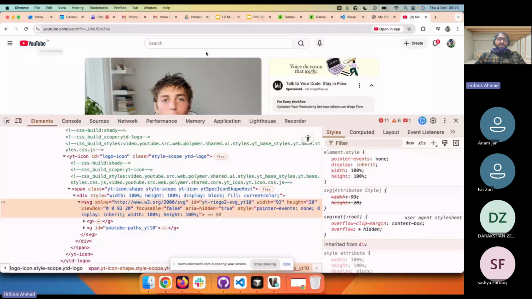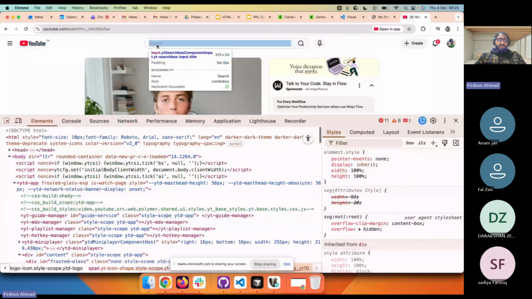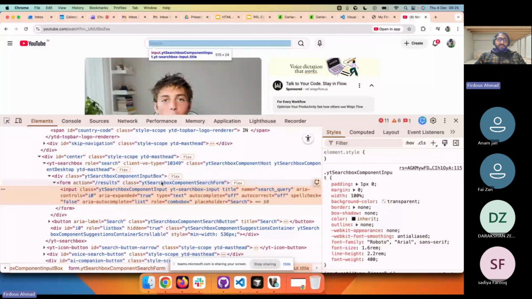And here this search will definitely be some text. Okay, if you look at this search here, it's an input field, and the placeholder of the input field is search. Okay, so we have to understand all of these tags. What is a form tag, what is an input tag, div tags, paragraph tags, all these things. Okay, so next thing,